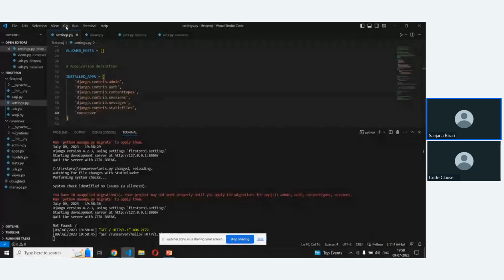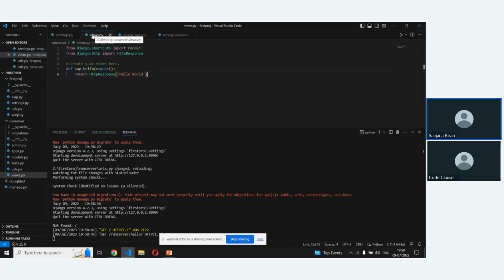So I'll explain all the things I have done here. Firstly, I have created my runserver application. Then to connect that into our settings, I have put my application name into the installed apps list. Then in the views.py file, I have imported required modules to respond.